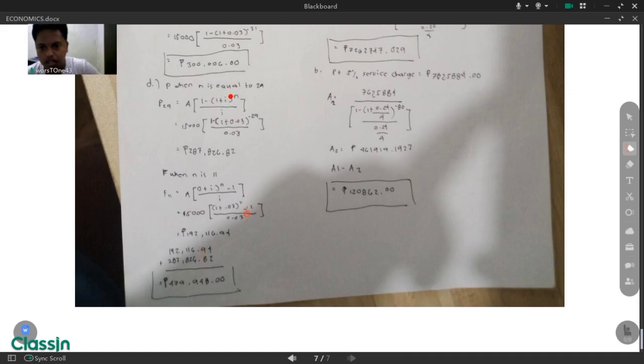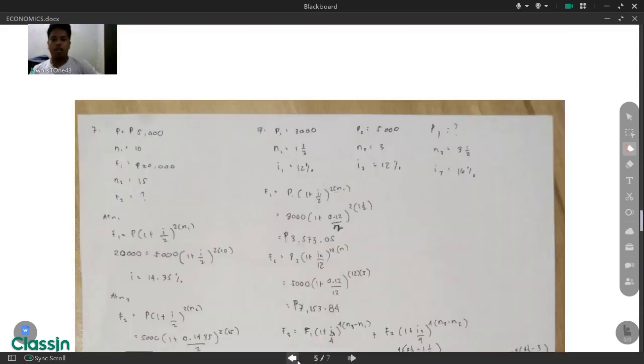And when N is 11, A is 15,000. Just substituting it again, since it's F, it will involve positive exponents. So 15,000, 1 plus i, 0.03 as our i, and N as 11, minus 1, and we get 192,116.94. That's for our F, for 11, and the other for 29. So adding them, we yield 479,948 pesos. And the reason we're adding them is that, going back into the problem,